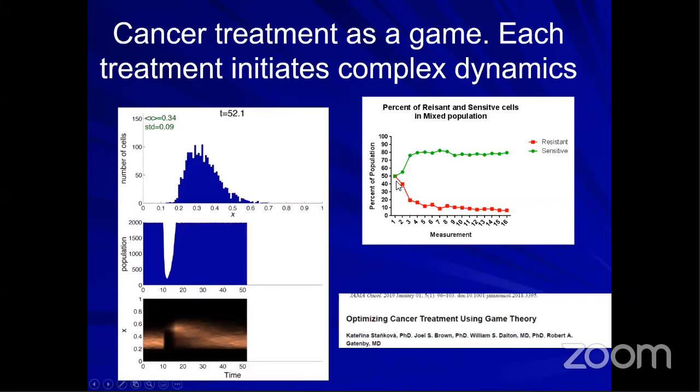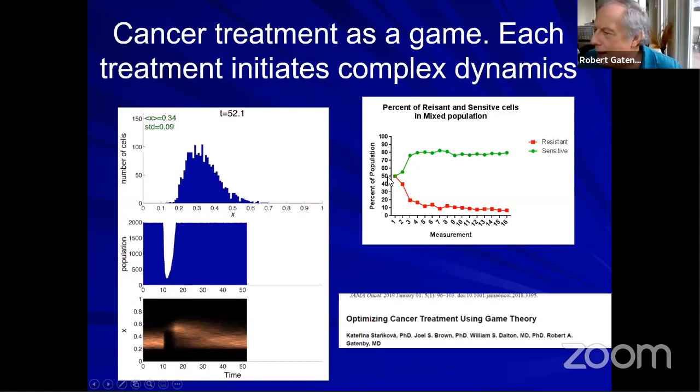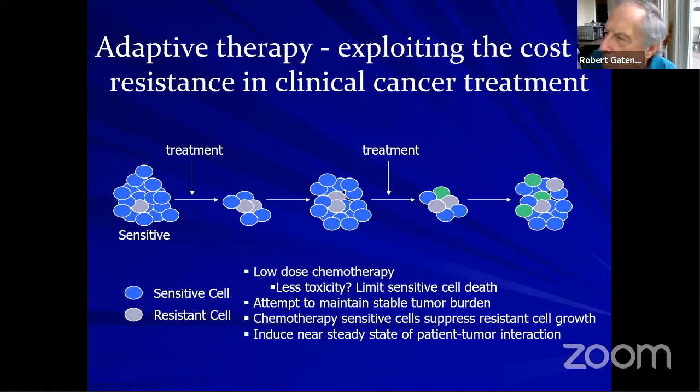When you mix them together at a 50-50 distribution, and you put them in an environment that is similar to the substrate-poor environment that you see in in vivo cancer, the sensitive population very quickly proliferates and drives the resistant population to extinction. And that's the dynamic that we want to exploit. There are many ways to do that, but what I'm showing here is what's been called adaptive